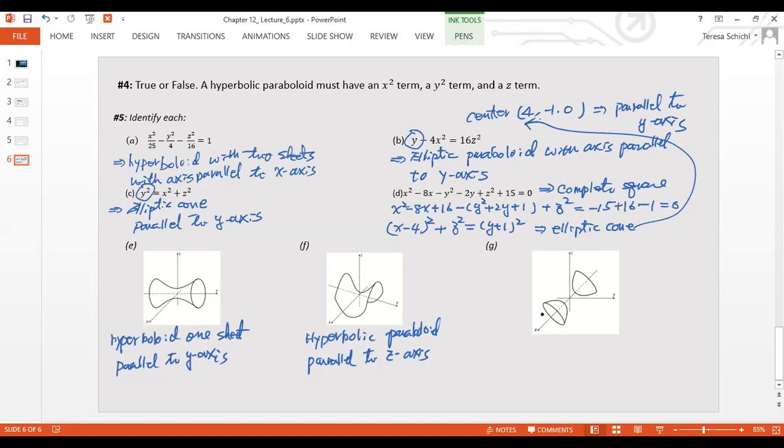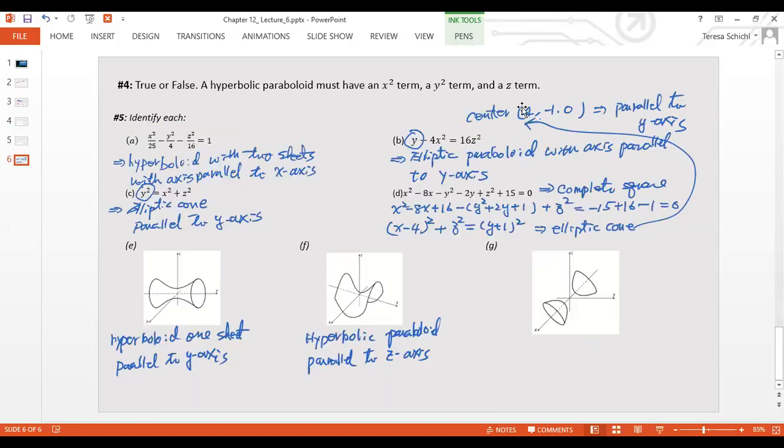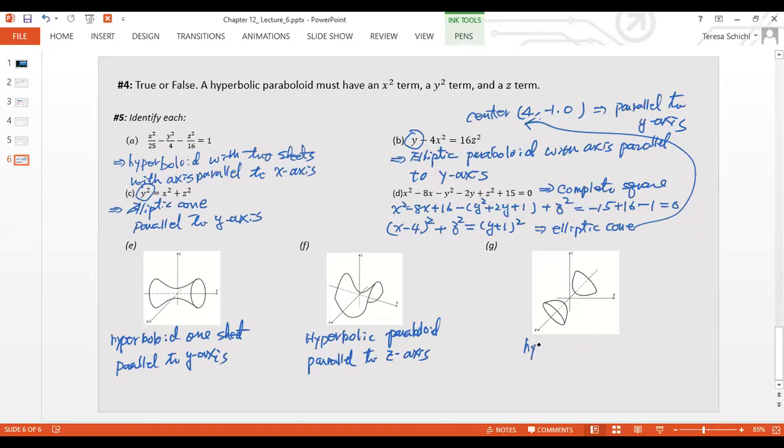So we say, hey, this is hyperbolic, right? Compared to here, you'll see this is a hyperbolic with 2 sheets, right? And parallel to which one? Parallel to the x-axis. Okay, so if you want to write the equation, you can just go back to the graph and recognize